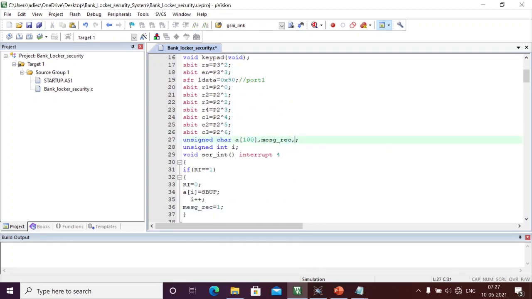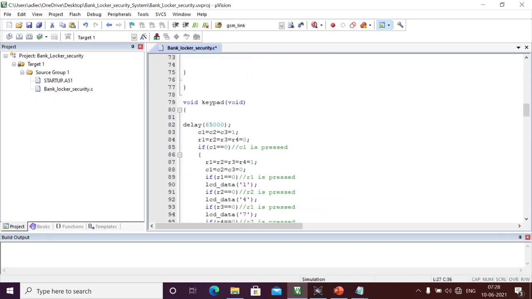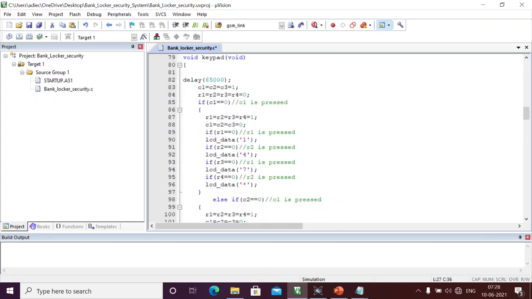For example, let us take a password of 5 characters, and here we need one index also. For the indexing, I am taking p. I have defined these two here, and we can use them in our programming. For example, here I can write password of p.